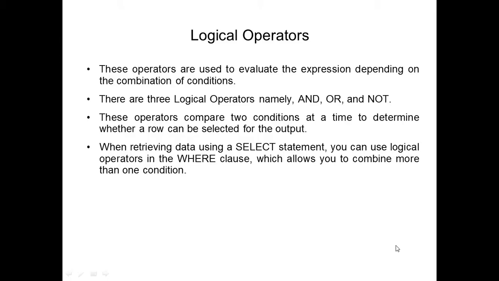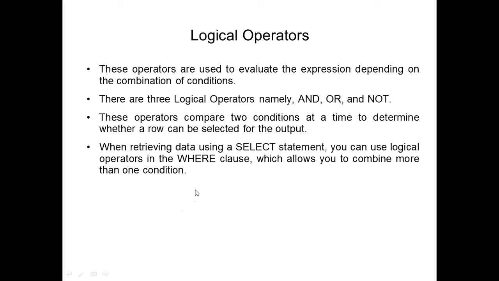These operators compare two conditions at a time to determine whether a row can be selected for the output or not. Means what it does, it will check two conditions and depending on that, it will decide whether that row or record from the table can be displayed or not.